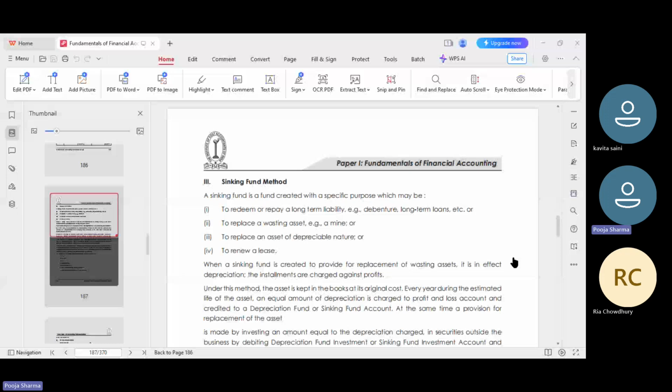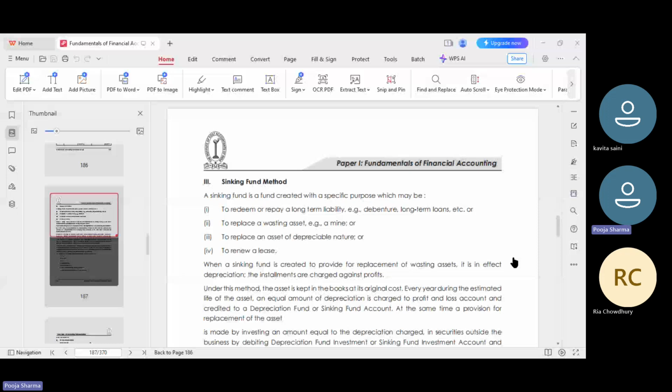So at the end of the first year, for annual depreciation, we will transfer the depreciation to the P&L account by way of annual contribution, or you can say it will be an expense. Now the investment that we have made, the fund we have invested or the cost of the asset: the journal entry will be sinking fund investment to bank account. First, the money that we have invested is transferred to the sinking fund investment account. So it will be debited and the bank account credited.